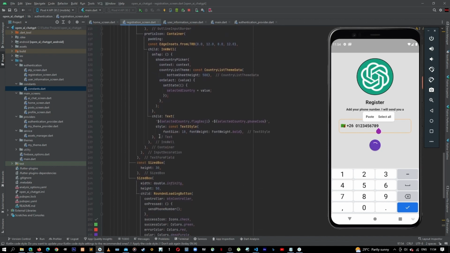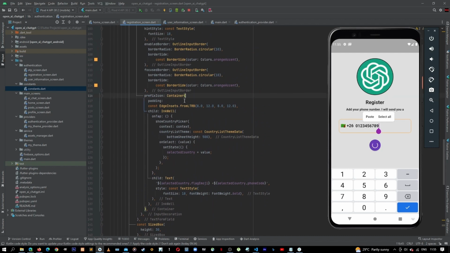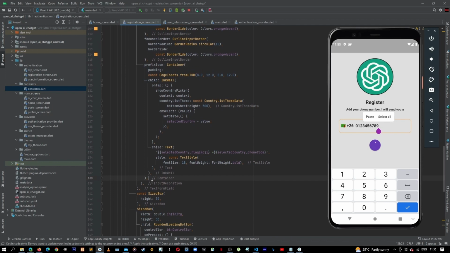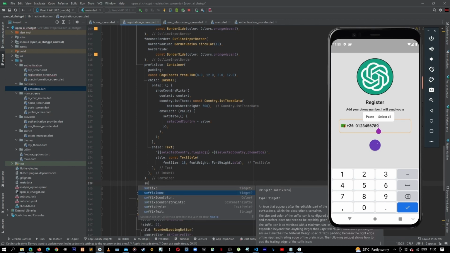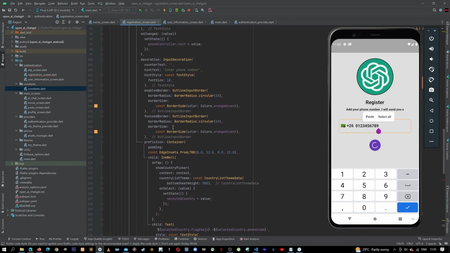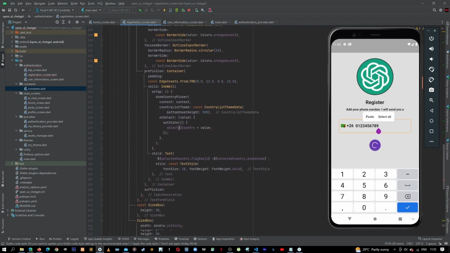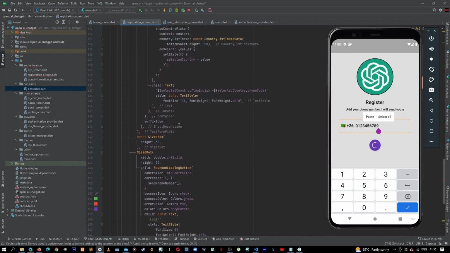And then also let's add the suffix, the suffix after the prefix icon. We can add the suffix icon. So for that one, let's come back here. Let's say suffixIcon. So now, since in the onChanged every time we change, we are putting the new value equal to our controller. So here on the suffix icon,